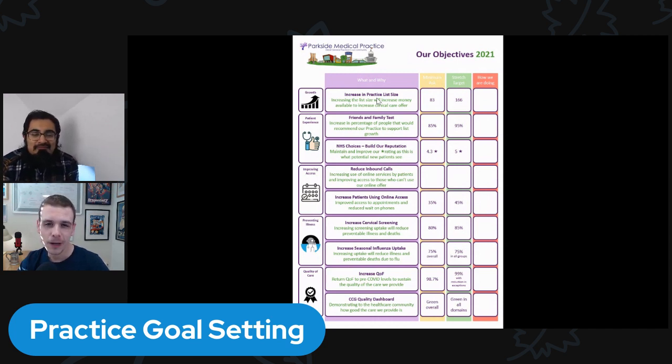From experience of doing this sort of exercise a number of times in the past, what generally doesn't work, and I think you're right, you've got to engage, and you've got to engage on the right decisions. But what generally doesn't work is having a completely open book or a completely blank page and going to the staff at a staff meeting saying, right, we need some objectives for this year. What are people's ideas? Let's try and incorporate a little bit of everybody's ideas into this and make it work. On a practical level, that generally doesn't deliver many suggestions, and it doesn't deliver strategic suggestions.